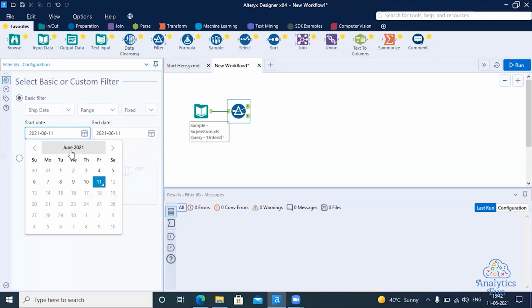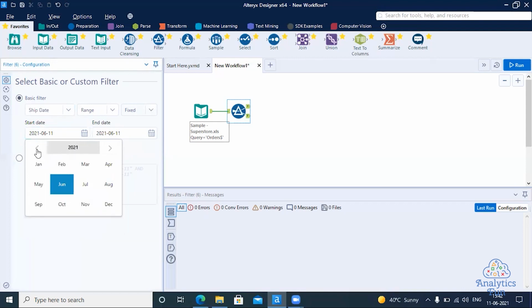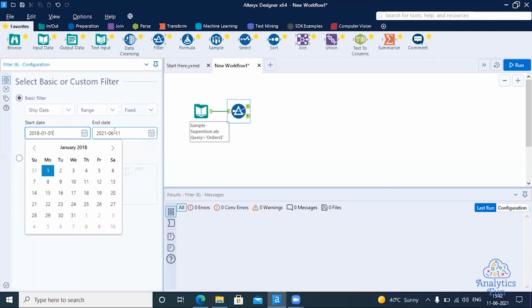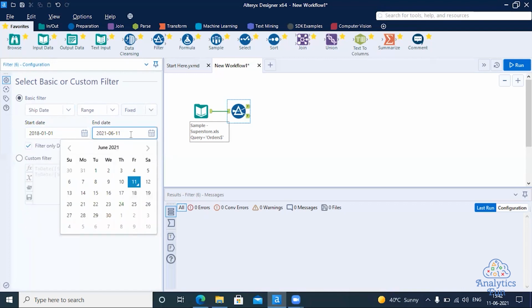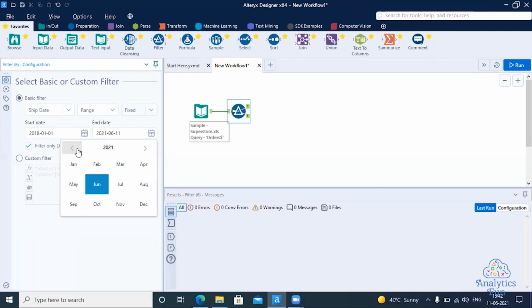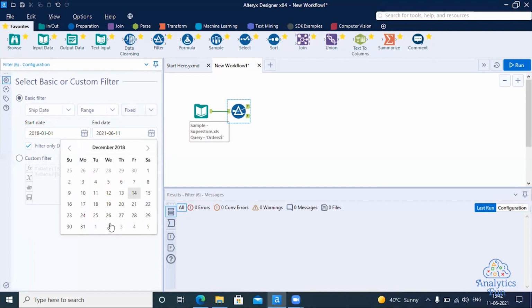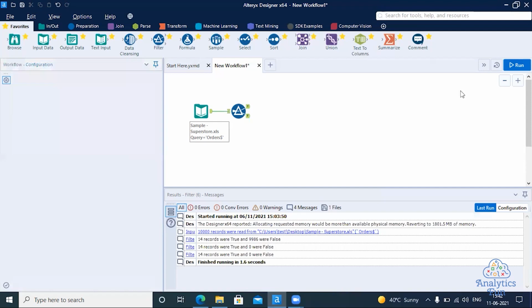For this, click here, 2021, click on the left arrow, 2020, 19, 18, then January, 1st January, that's right. And the end date, you can choose in the same way, click on June, then 2018, December, then 31st December. So we have covered the entire year, 1st January 2018 to 31st December 2018. Okay. Now let's run it.